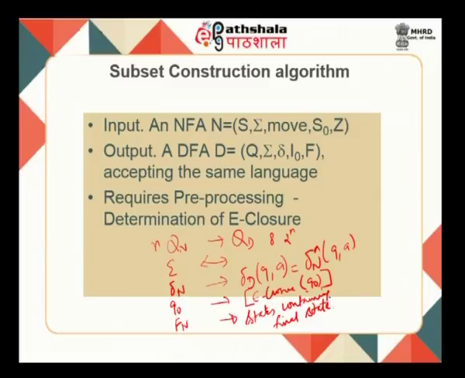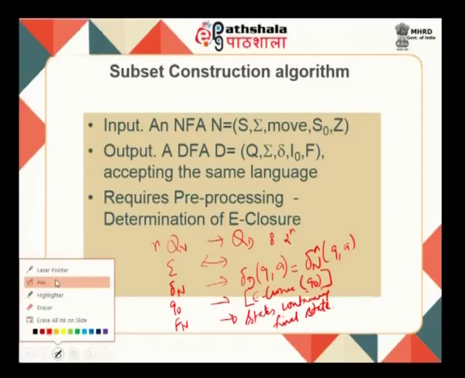The states containing the final state component can be thought of as the DFA's final states. Supposing I have 3 states here 1, 2, 3, and supposing 3 is my final state in your NFA. In my DFA, how many subsets will contain 3? The first one is 3 itself, a single 3, or I can have 2, 3 and 1, 3, 2 combinations. Those 2 could qualify for the final state, and the last one is 1, 2, 3. So, there is a possibility of 4 final states in your DFA. This final state is also called an accepting state. So, let us go through this algorithm.